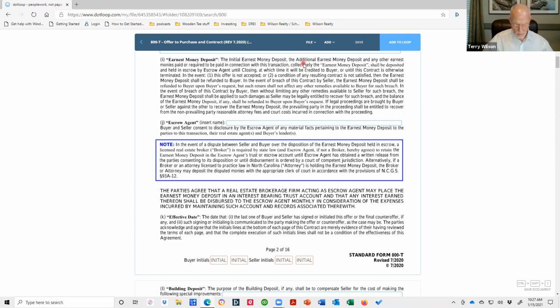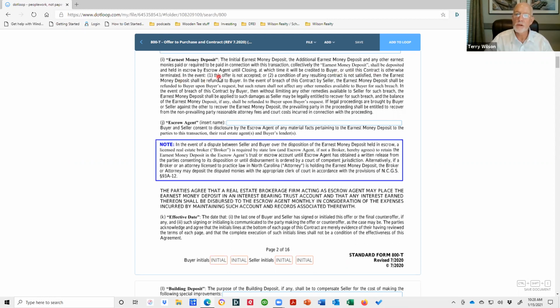Anything I want to say about that? A couple of things I want to say about the earnest money. So the initial earnest money deposit, the additional earnest money deposit, and any other earnest money paid or required to be paid in connection with this transaction, collectively known as the earnest money deposit, shall be deposited and held in escrow by escrow agent. That will not be us. That will never be us. We do not have a trust account, and will be held until closing, at which time it will be credited to the buyer. The buyer's going to get credited that on the closing disclosure,